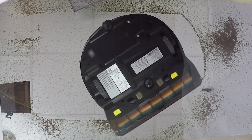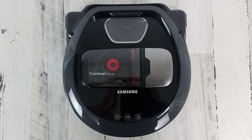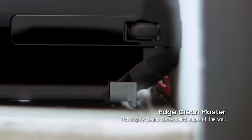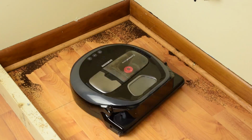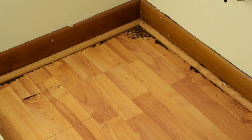It has a front-mounted super wide brush roll, which gives it a very large cleaning path width. It doesn't have a side brush, but instead uses its D shape and its very interesting so-called Edge Clean Master to clean edges, which is a rubber blade that extends to clean corners. I should mention that in our edge cleaning test, it didn't do that great. This is probably due to our test floor having a quarter-round molding instead of a 90-degree angle, so that's something